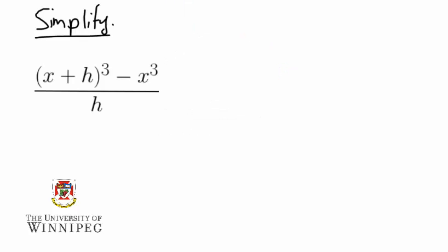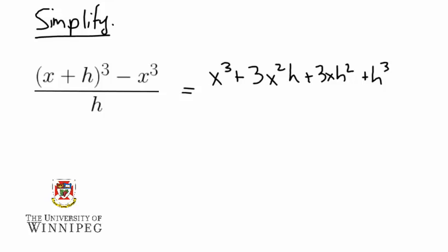Let's do a simplification involving a binomial cubed. So here, in order to expand out this cubed binomial, we can use the binomial theorem. So x plus h cubed is going to give us x cubed plus 3x squared h plus 3x h squared plus h cubed. And let's tack on that negative x cubed, and all of this is going to be over